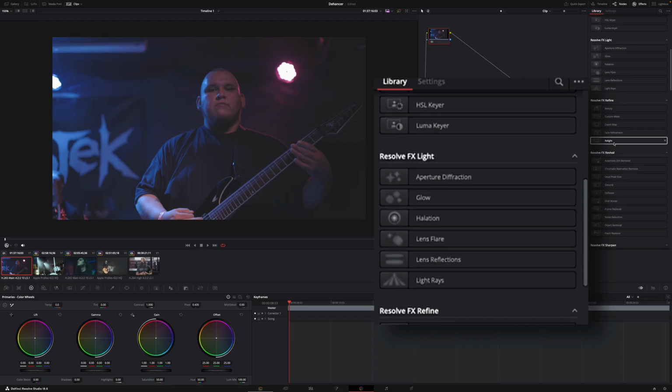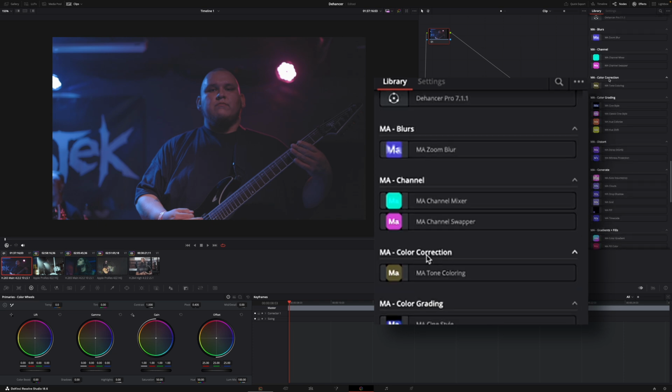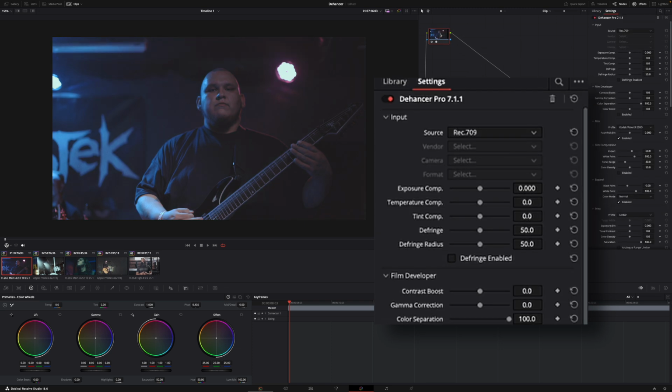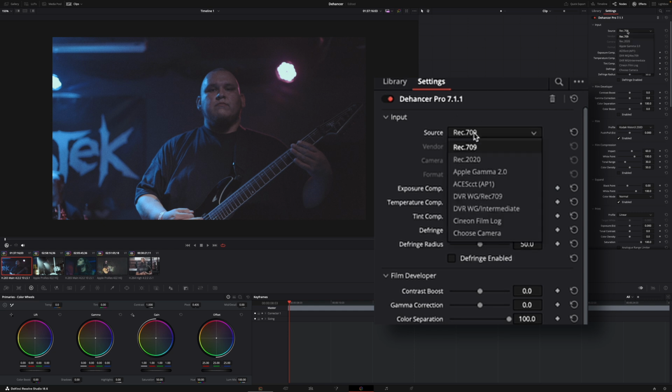And if you scroll down just a little bit under film emulations, you'll see Dehancer Pro 7 point, whichever Pro version that you're running at the time. Drag that onto the node and we're already ready to emulate. Now, when you add this effect to the color node, it'll automatically apply a film stock over Rec 709 by default. So if you are using log footage, on the right side of the screen, you can go up